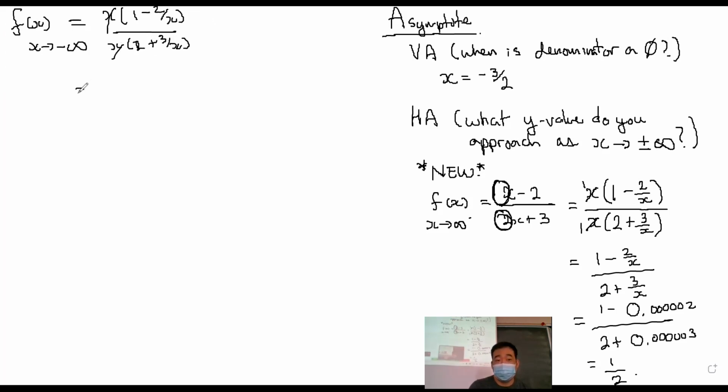So I have 1 minus 2 over, essentially, negative infinity, divided by 2 plus 3 over negative infinity. Or if you want, a billion. So this essentially turns the minus 0.00000 number into a